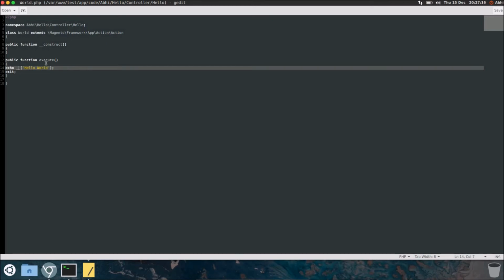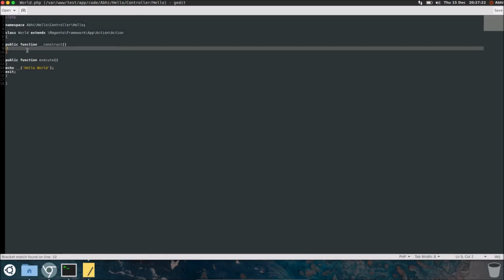So make sure you always pass any string with this i18n function rather than just passing straight to echo function. Right, so we got a construct function there, but it still hasn't got anything to do. So what we're gonna do is